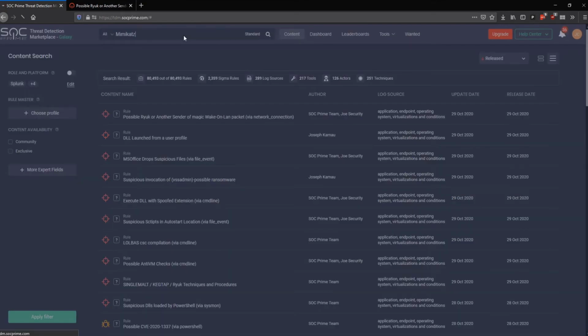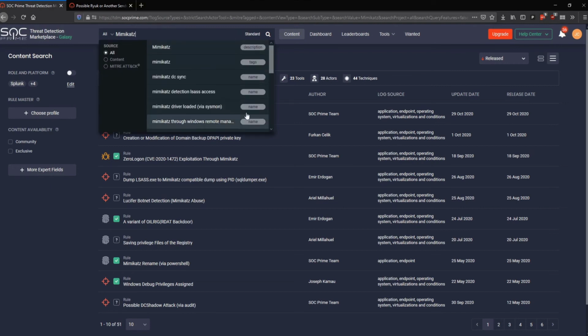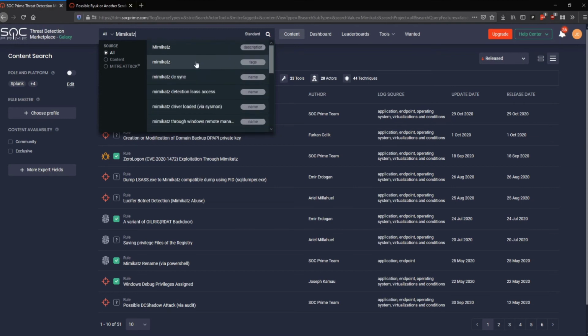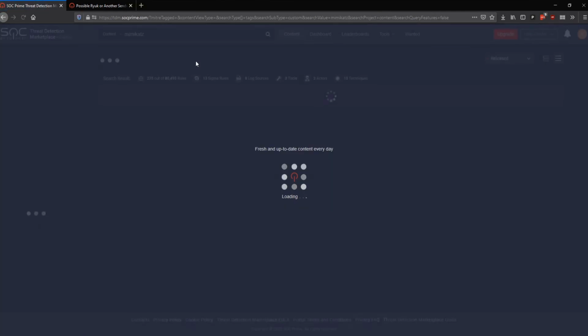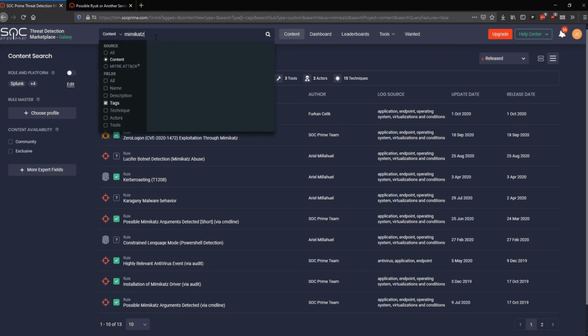As an example, let's just hit enter on this search and see how many rules we get back. You can see that there are 51 rules, and that's because we're looking at all of these things here. We're looking at the description, the tags, the name, the detection, and the tool. If, for example, we want to use tags instead, you can see that there are actually 13 results. This is because these rules, whether they have Mimikatz in the name or not, are in some way associated with Mimikatz or have that tag. If we go back